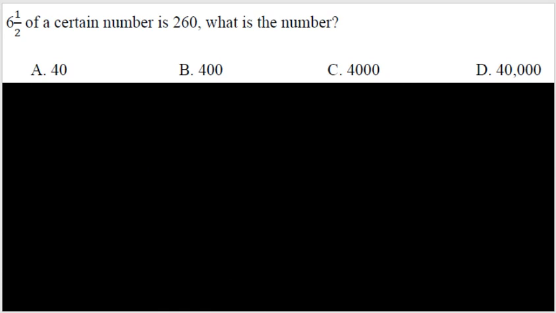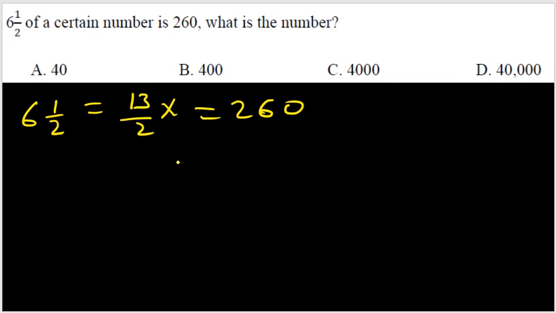The last question. 6.5, which means it is a mixed fraction. We need to change it into improper. 6 times 2, 12, plus 1 will be 13 over 2. 6.5 of a certain number means 13 over 2 of x, which is given as 260. Remember, let the number be x. If the number is x,